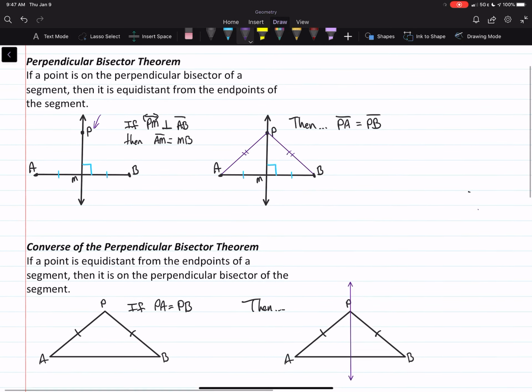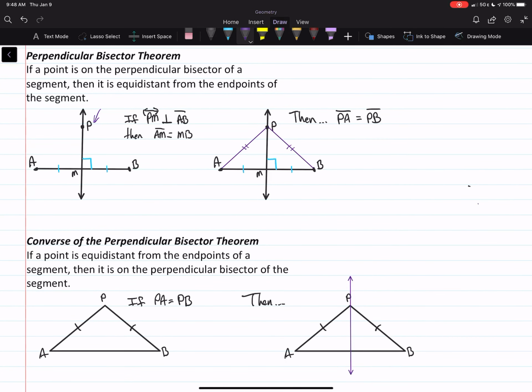Okay, there's then the converse of the perpendicular bisector theorem, which states exactly the opposite. This says if we know that two points are equidistant, then they're on the perpendicular bisector. So that means that since we know that point A is the same distance to point P as point B is to point P, so that distance there and that distance there, those are the same,